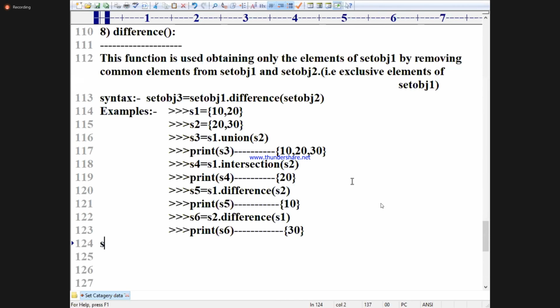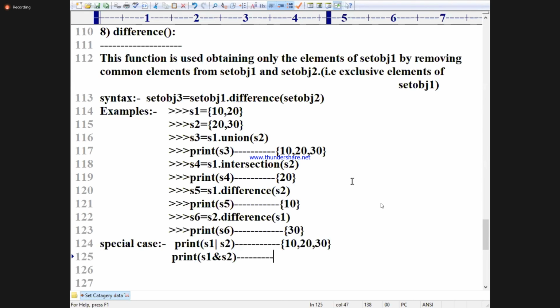Special case, you write down. I am printing directly. S1 or S2 will print what? 10, 20, 30. Next, please. Print of S1 and S2.